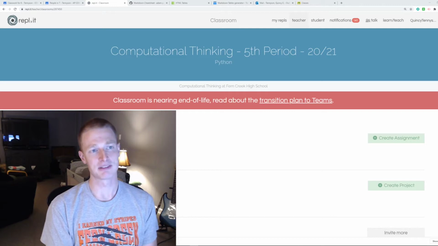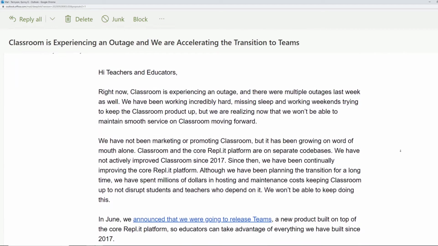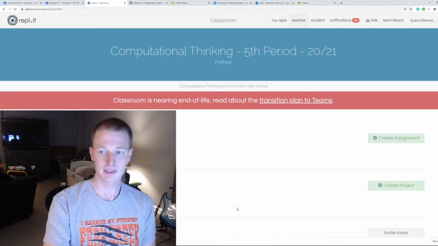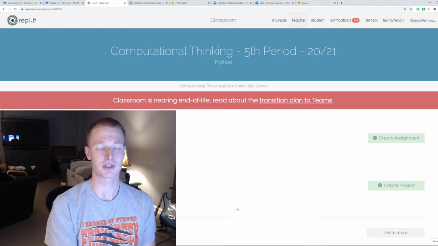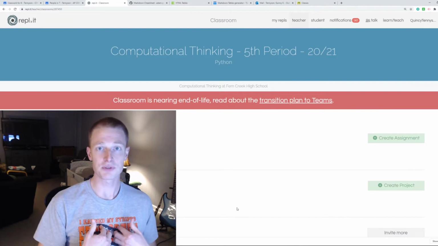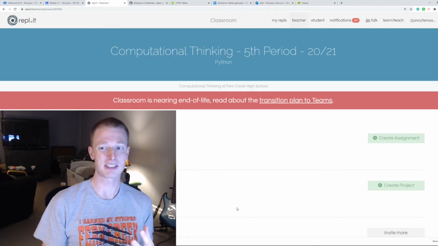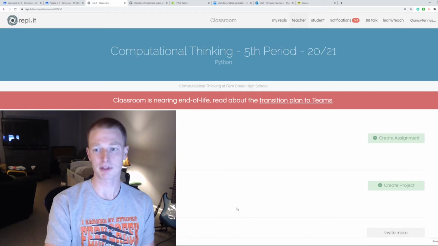So, yeah, I got this email last night. And basically, they sort of told us overnight that they're transitioning to a new tool called Teams. Now, the good news for us as a class is that Teams is maybe a little bit easier to work with. It kind of looks better than assignments did with all the old style markup and stuff. Here's what you need to know.